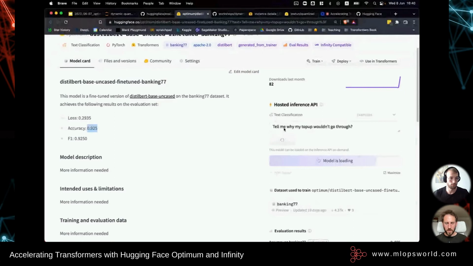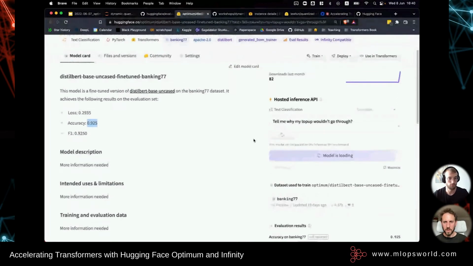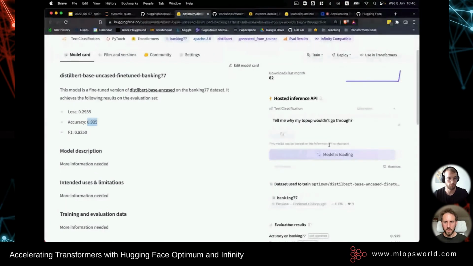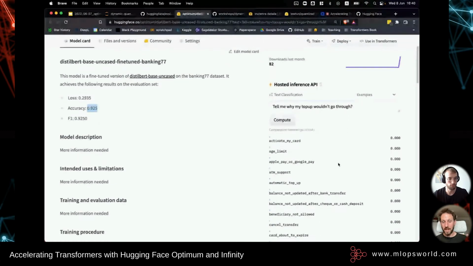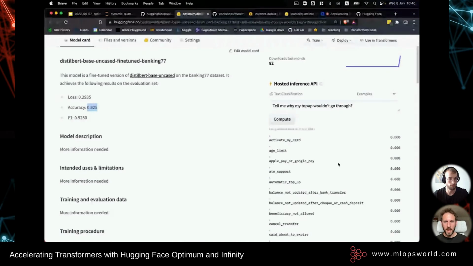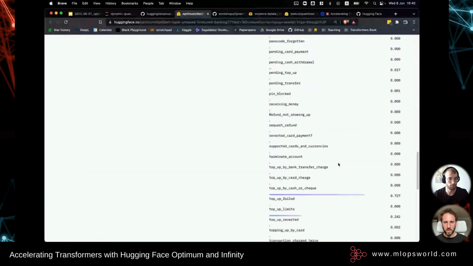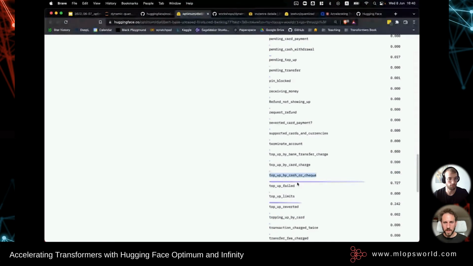So here I'm providing it with a typical query that someone might ask about a banking application: why my top up wouldn't go through. The inference API is going to load this and provide us with predictions. It's banking 77, which means we have 77 different classes to deal with. The most probable prediction from the model is that this should be a top up by cash or check intent,